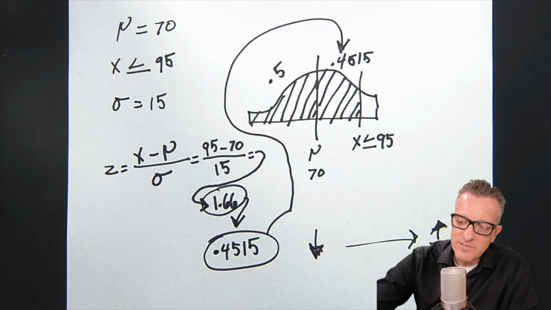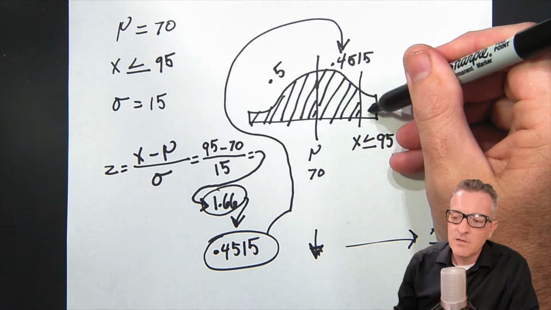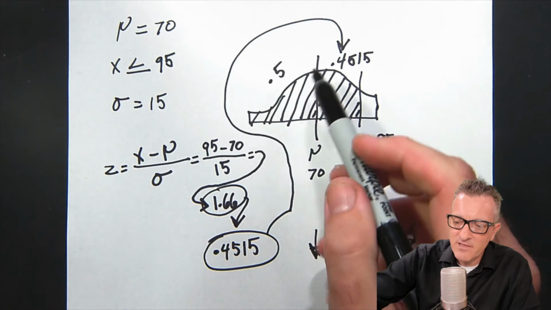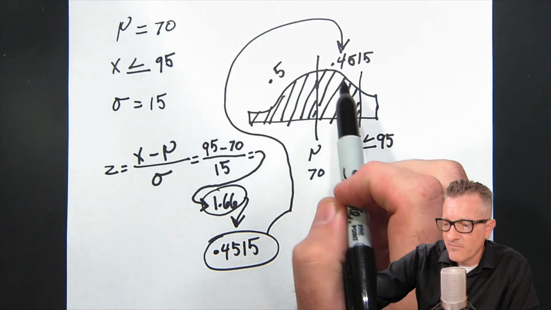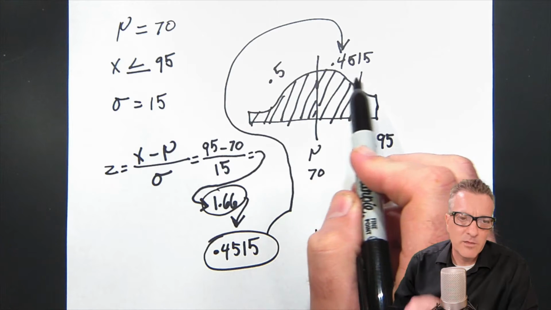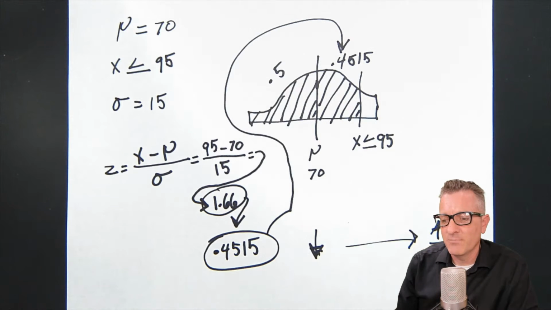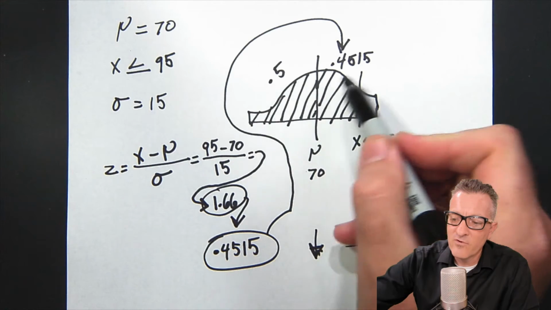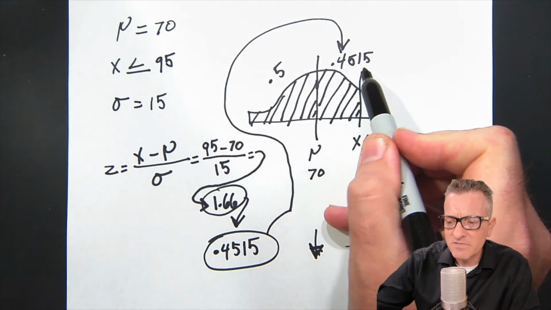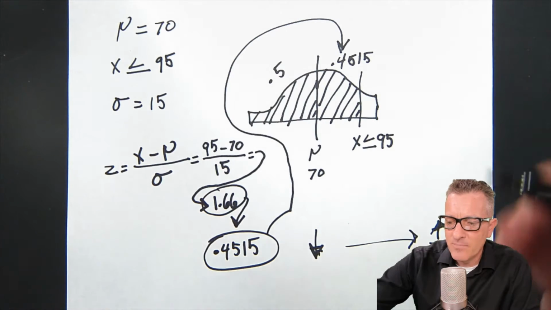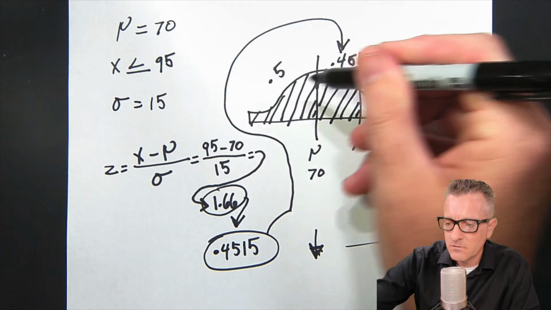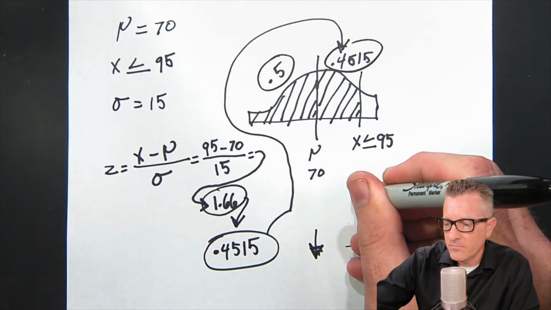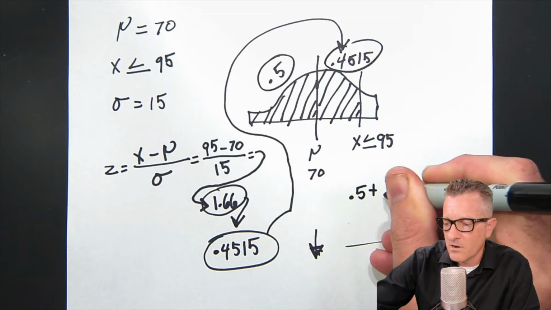If we're looking for this tail portion right here, then we would have to subtract it, because if we added up 0.5 with 0.4515, it would give us exactly what we don't want. But in this case, adding up 0.5 to 0.4515 gives us what we want. So if we add up these two, we get 0.5 plus 0.4515,